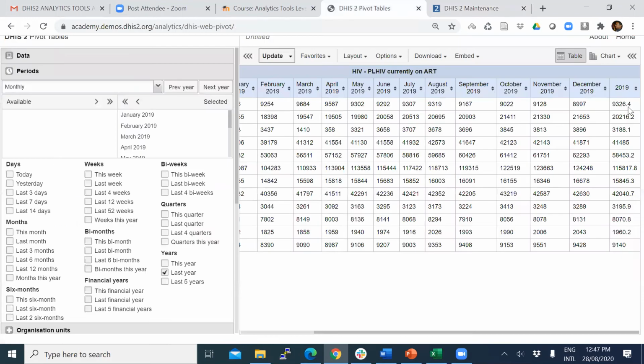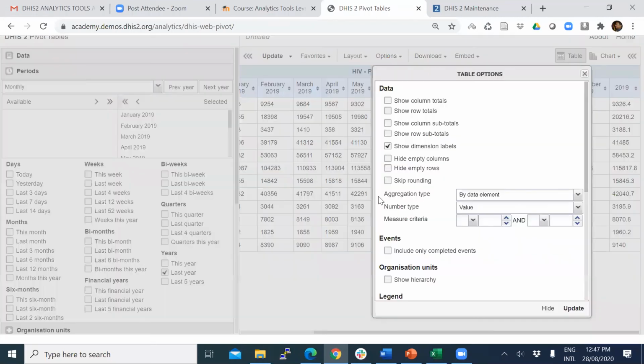So if for some reason, like we discussed earlier, you need to get the last value reported for the period, we can set that in pivot table without touching the data. Here you can change it by changing the aggregation type.